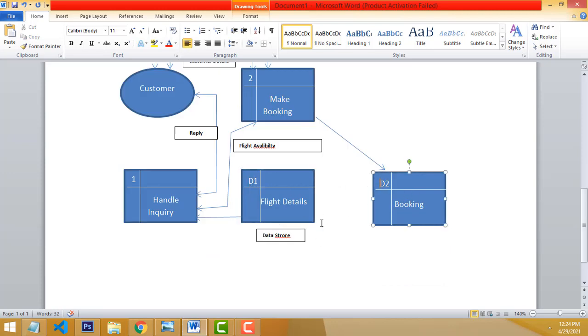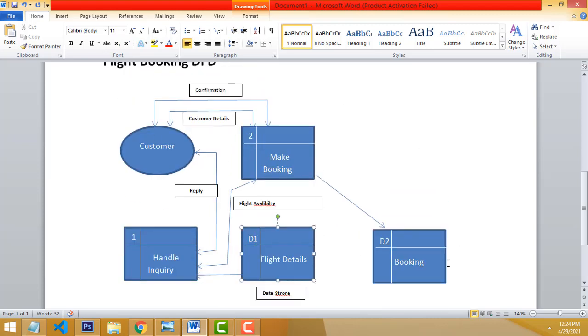It's a database, right? D1, D2. Database means this is flight details. We get the flight details, all the information from the database. So when the customer inquiry comes in, you have to check the details from the database. So that we have D1 confirm details. After that you have to check the availability of the flight or not. All the stuff you have to check. It's a very simple scenario you are considering.